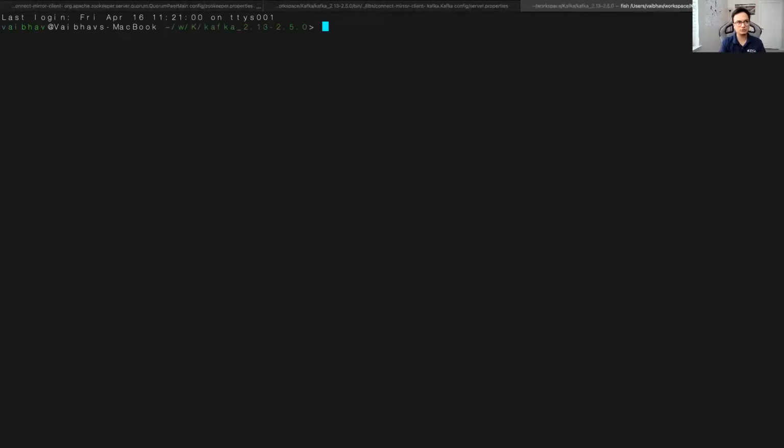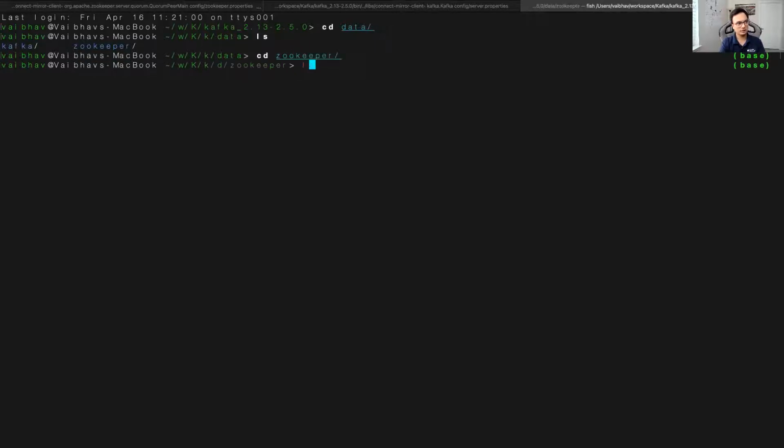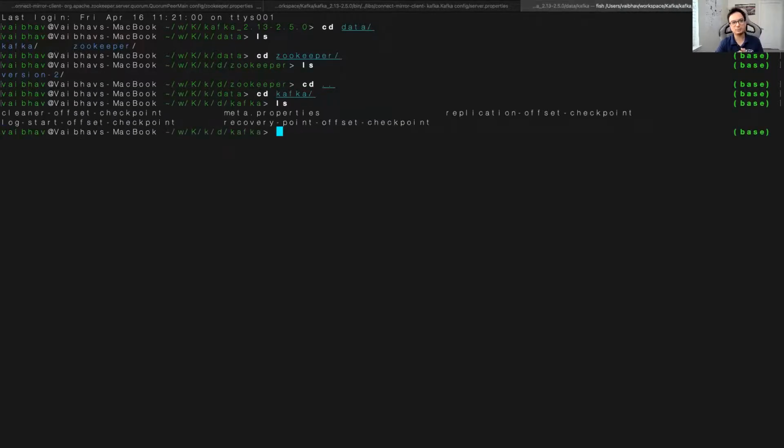Just to confirm that it was running, we'll go to the data directory that we created earlier. We'll go to zookeeper. Now we'll see that there's a version-2 folder created. That means the Zookeeper was started successfully, and it has dumped the data here. Similarly, we'll go to the kafka folder, and we'll see the Kafka data here. So that means you have correctly started the Zookeeper, and after that you have correctly started this Kafka server. Now you can create Kafka topics, create producers, produce content, and then create the consumers.